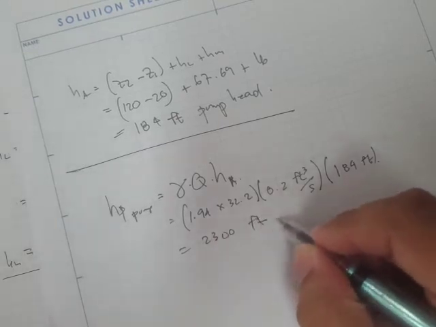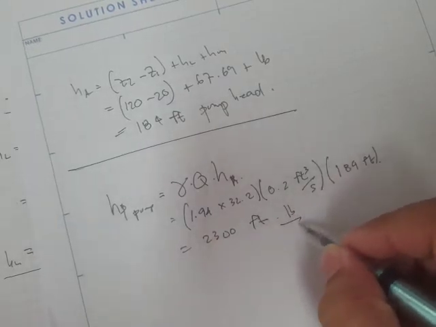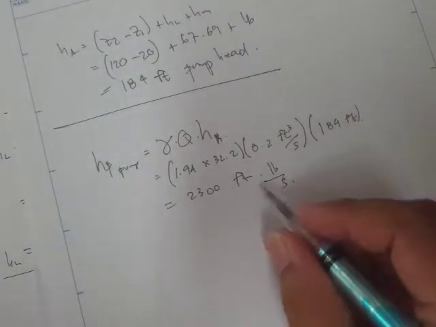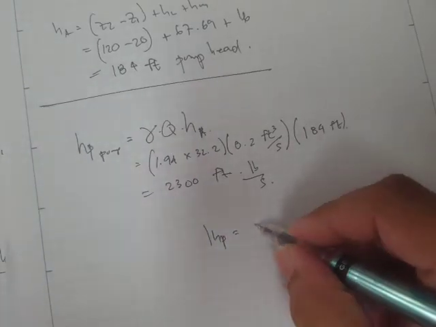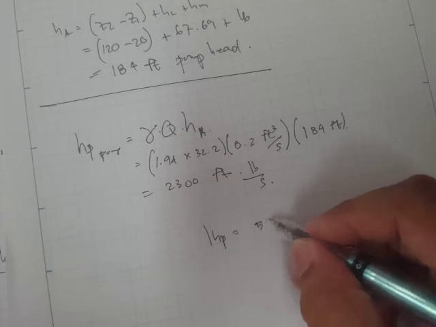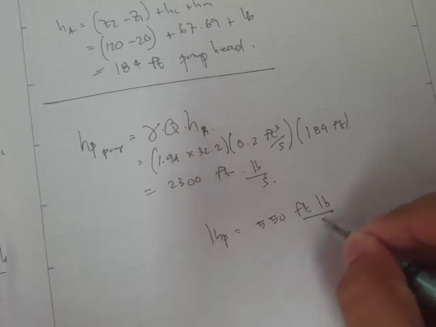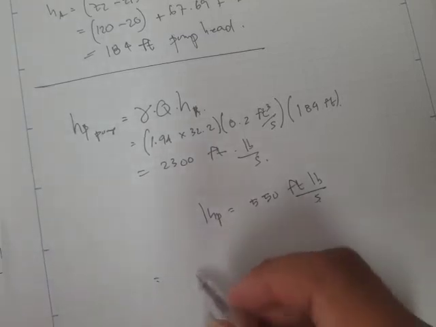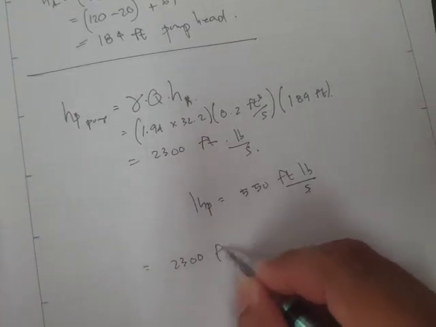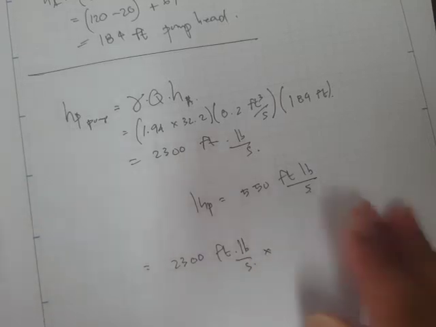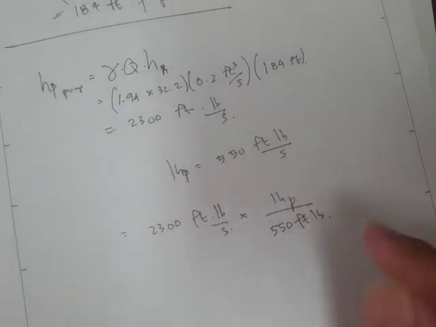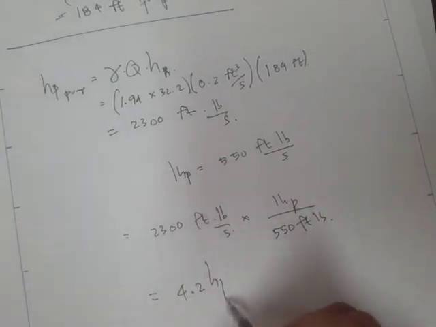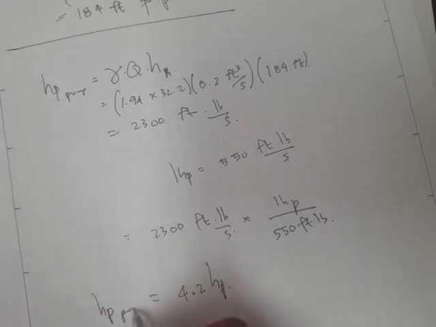2,300 foot-pound per second. But the conversion of foot-pound per second to HP is that 1 HP is equal to 550 foot-pound per second, and therefore this will be 2,300 foot-pound per second, right, times 1 HP divided by 550 foot-pound per second. Therefore, what we get is 4.2 HP, right? Okay, so in summary,